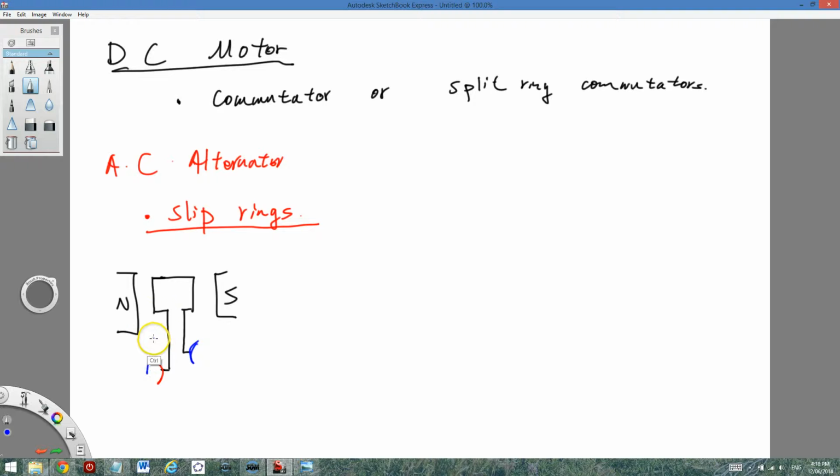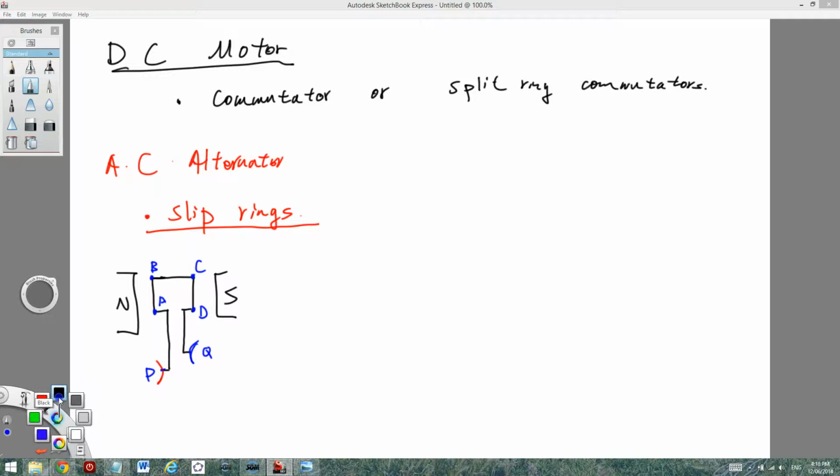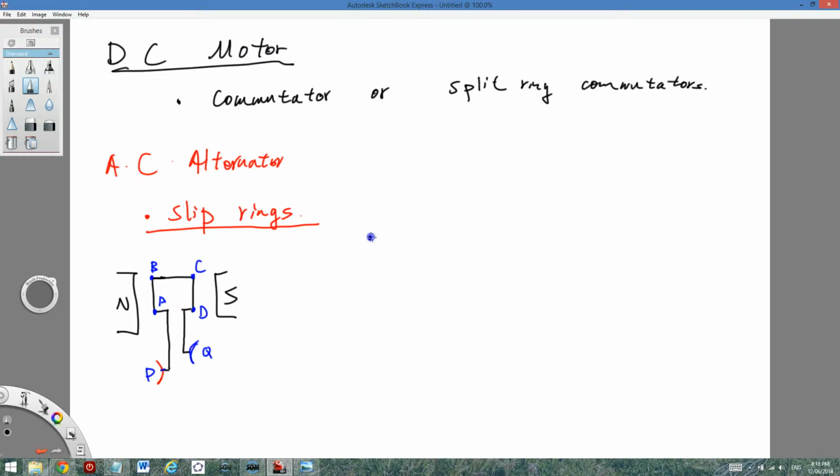So I have point A, point B, point C, point D, and we have a point P here and point Q. The slip ring always connects point P and point A